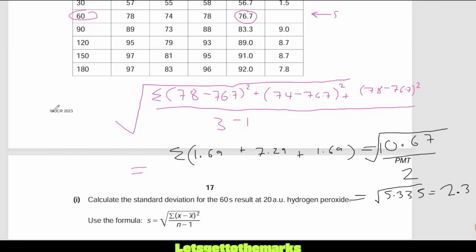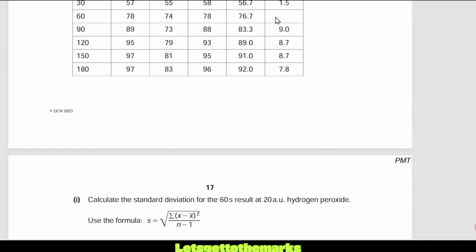Anyway, so what do you get the marks for this standard deviation? Well, 10.67 will get you a mark. Maybe for working out that you're supposed to do this with the mean, showing some of the working out and then seeing 76.7 being taken away, that might get you a mark, but definitely 10.67 will get you a mark. And then 5.335 should get you a mark because it's just showing some of the working. And of course, the final answer will get you both marks. 2.3. It was 2.309, so you could round it to 2.3 or 3 sig fig. Doesn't really matter. And that's going to get you both of those marks. Let's move on. And that's for the standard deviation. So 2.3, and you do your common sense check and go, yeah, that looks good.